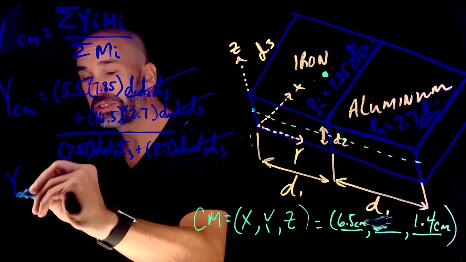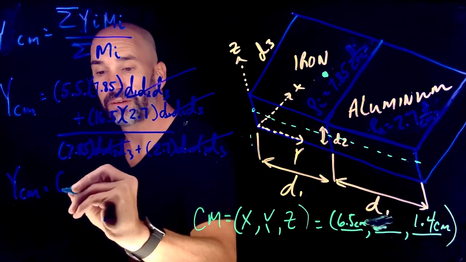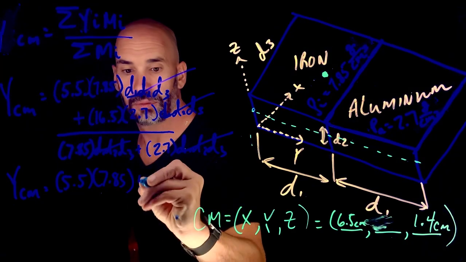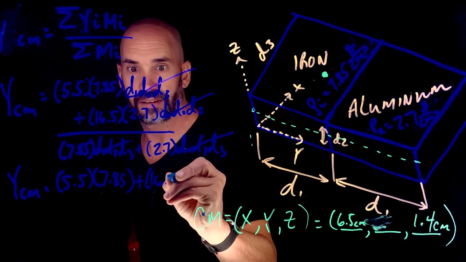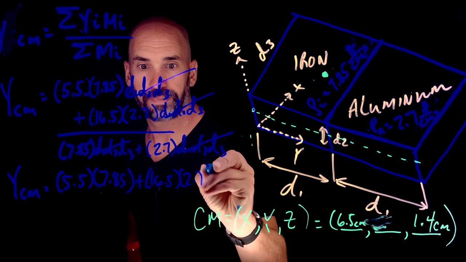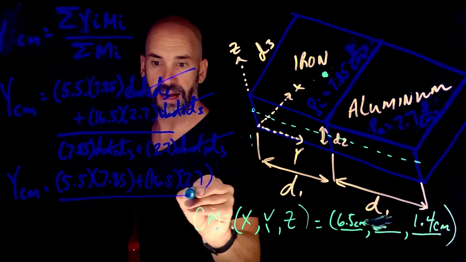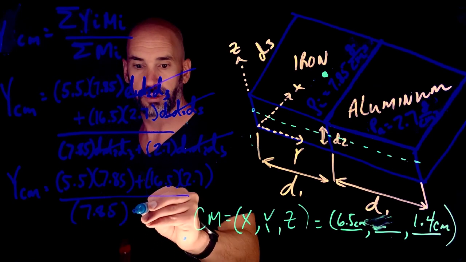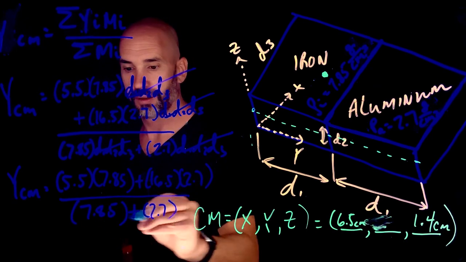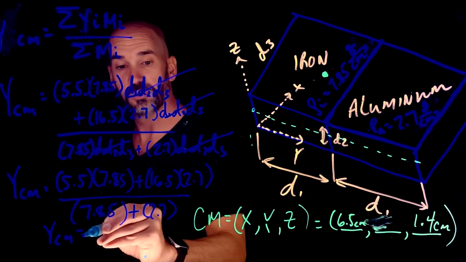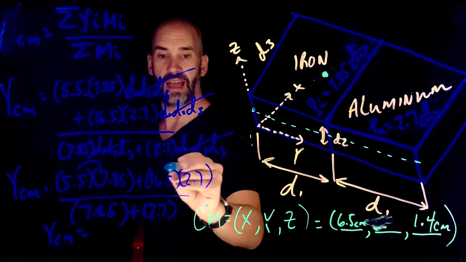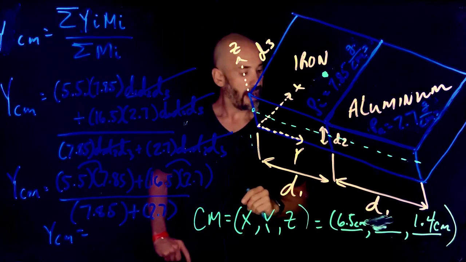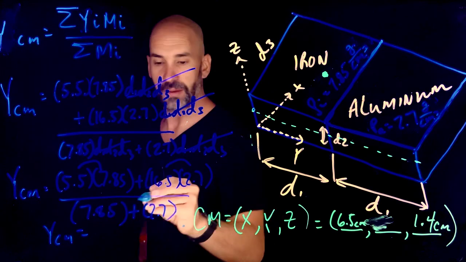So that reduces our problem to 5.5 times 7.85 plus 16.5 times 2.7, all divided by 7.85 plus 2.7. If I multiply that, add it, and divide it by these two added together, I get a value of 8.3